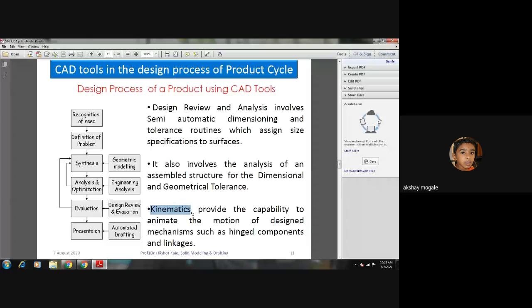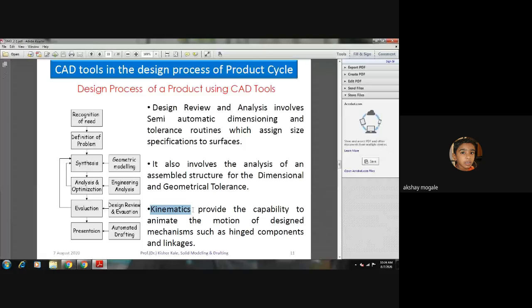Now what is the next one? Evaluation. So one more term is kinematics. What is kinematics? It provides the capability to animate the motion of design mechanisms such as hinge components and linkages.